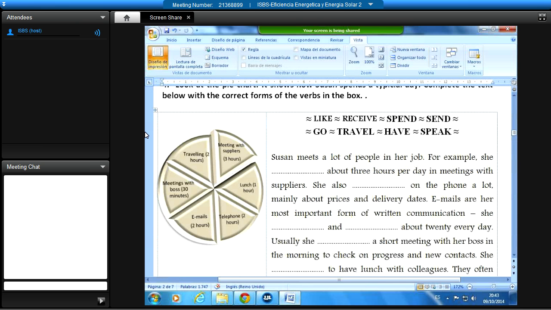Okay. So because it's the daily routine, what tense do we have to use? What verb tense? When you speak about your routine, what tense? You use present, past, or future for your daily routine. Present. And what present? Present simple, present continuous, present perfect, present perfect continuous. Simple and continuous. Present simple. For the routine, present simple.